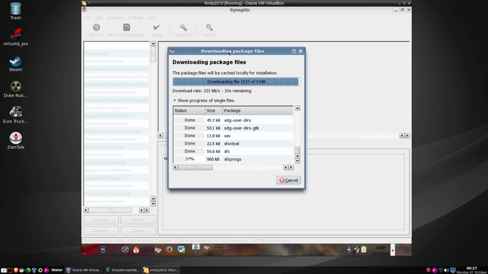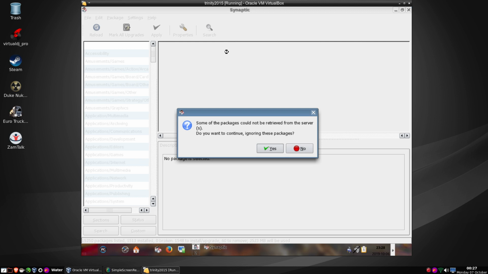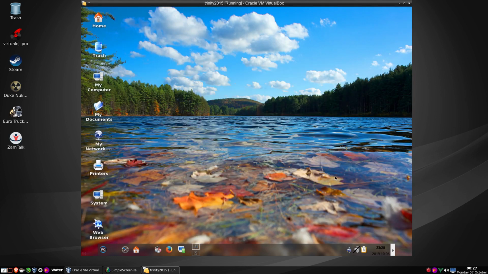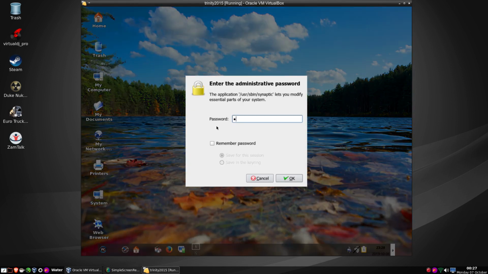Not a couple of packages downloading. We're still downloading those just fine, but we'll see. It says it could not retrieve from the server. I'm going to click no because I don't know what was. Of course we got an issue there, but luckily